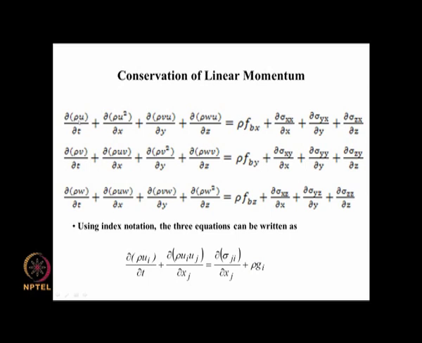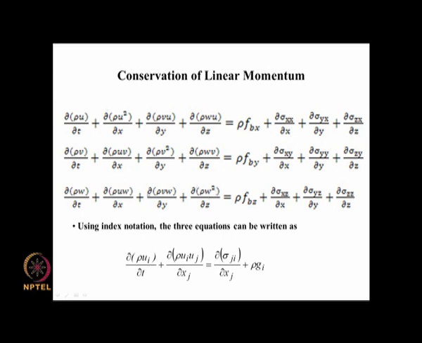Since we are dealing with x momentum, we get u component here. This is the momentum conservation in the y direction, so that gives us v here, and one of the u's becomes v here, so this u becomes v, and this u becomes v here, so you have this. And similarly, when you consider the z momentum balance, this v becomes w, one of the v's becomes w here, and this v becomes w here, so you get rho w square.